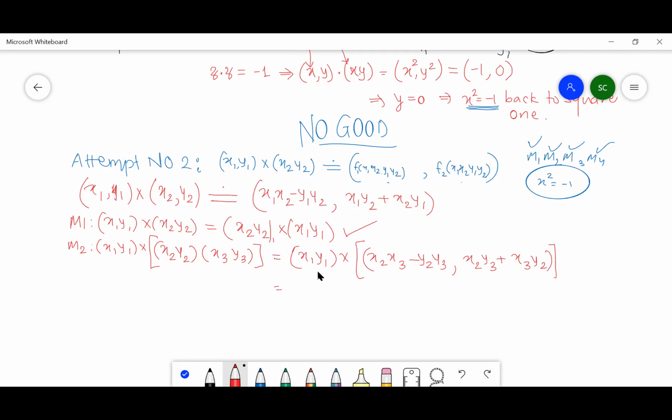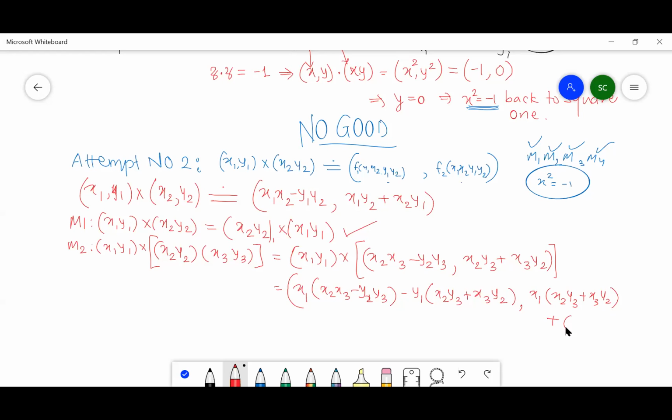One more step, this into (x1, y1), we have to follow this definition. So x1 into this, that is x1 x2 x3 minus y2 y3, minus y1 into x2 y3 plus x3 y2. This is your first coordinate, comma second coordinate: x1 into x2 y3 plus x3 y2